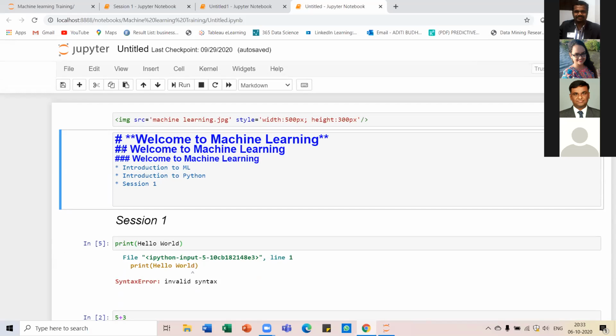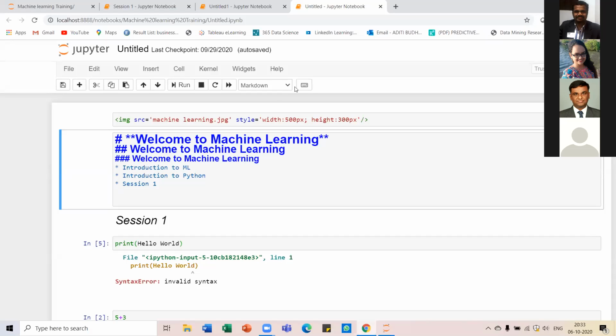And as you add more hashes, the text size reduces. Many times we need to include the main header, then the subheaders, then the topics. So this can be done using this hash.